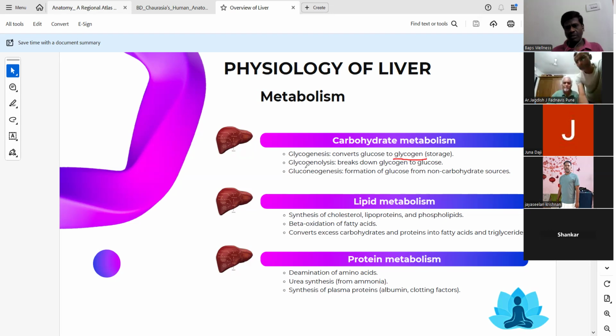So this is glycogenesis, not glucogenesis. This is glycogenesis, where insulin is involved. It is a metabolic activity wherein the glucose is converted into glycogen and reserved, stored in the body. It is stored in the liver and then